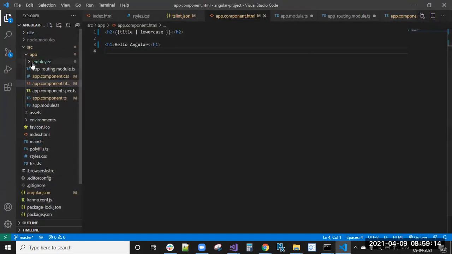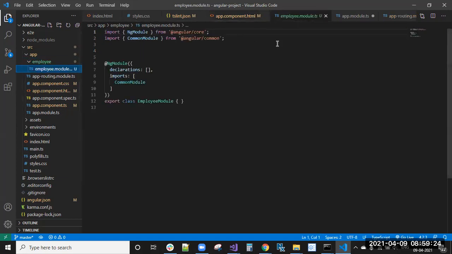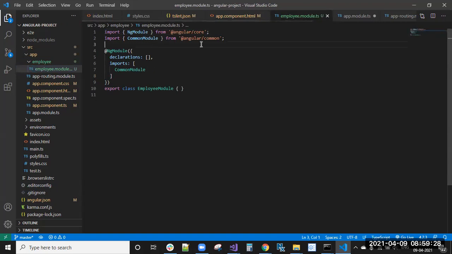Now if you go under the app module, you can see the employee module is created with the name employee, and inside that, employee.module.ts is created. That is created by using ng generate module. These are the things Angular already gives with the default code while creating an empty module.